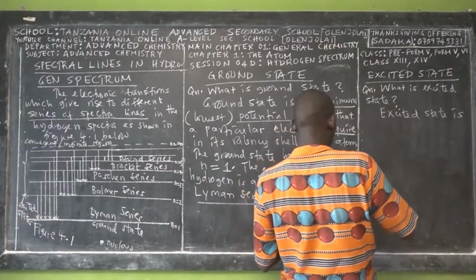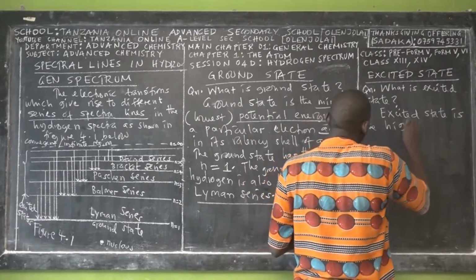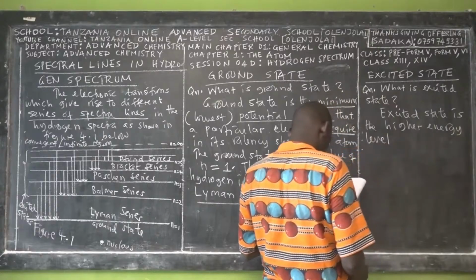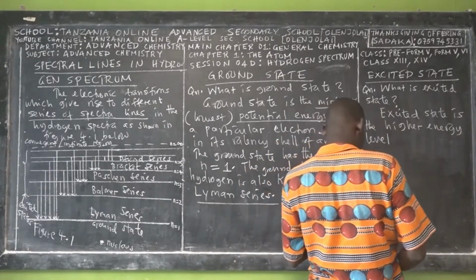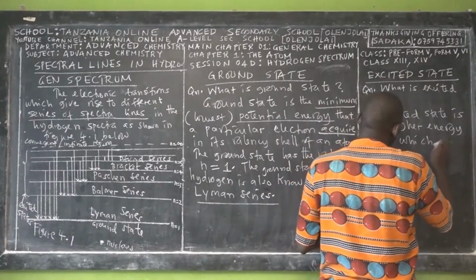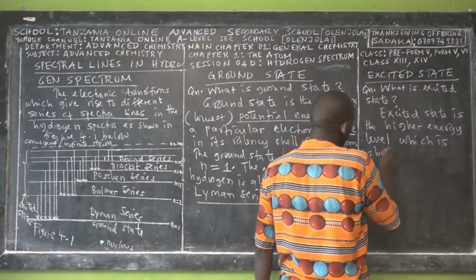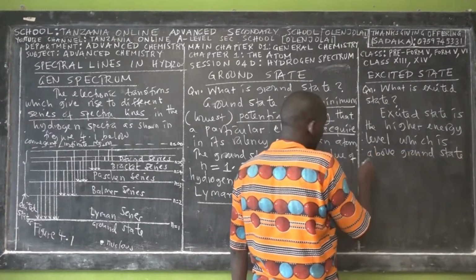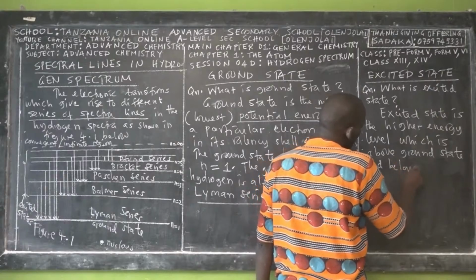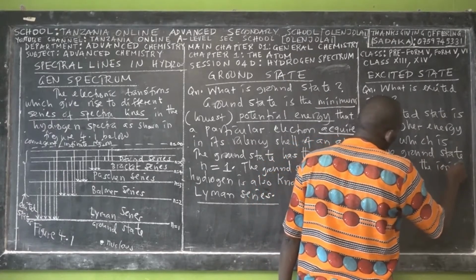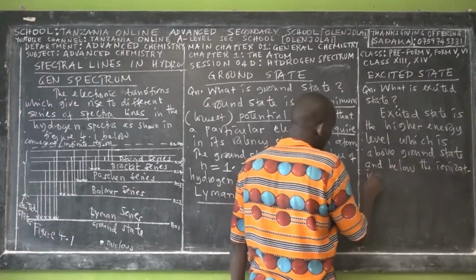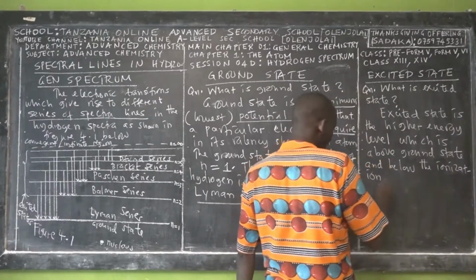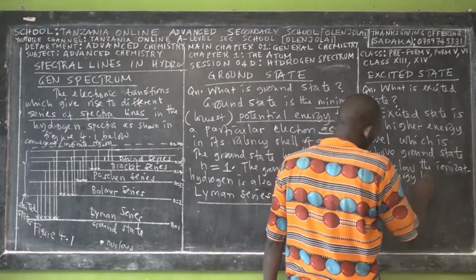Excited state is a higher energy level which is above the ground state and below the ionization energy level